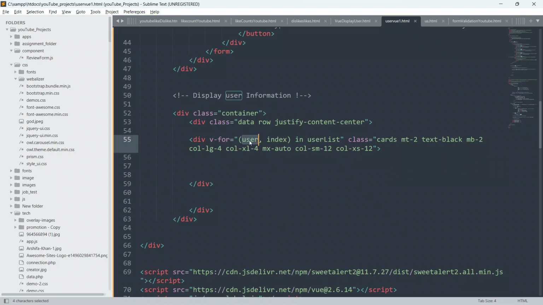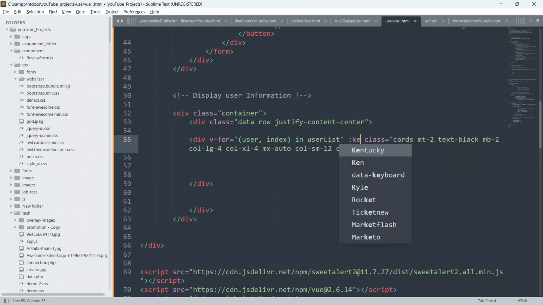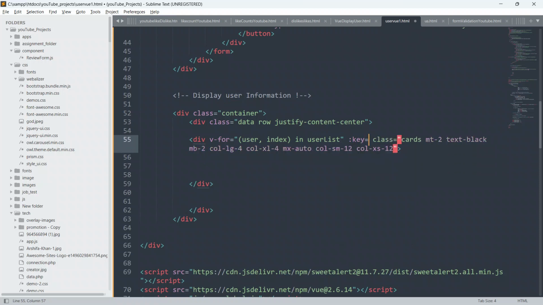We can use this user variable to display all the user details on our UI, our HTML part. Now I'm going to put key also. So give colon key equal to index.